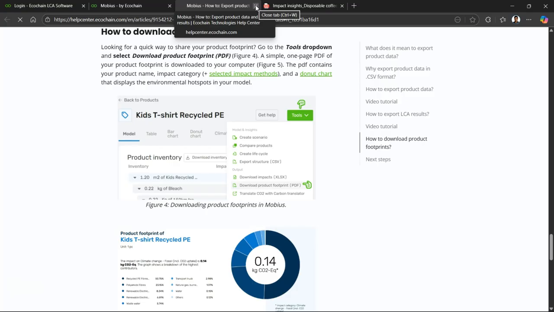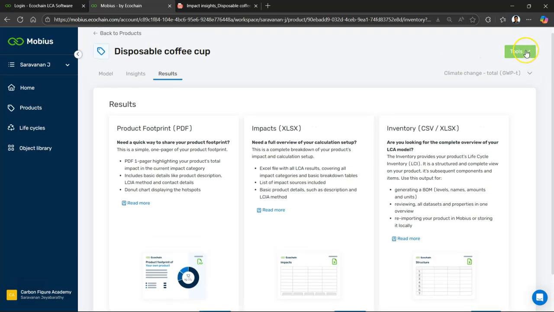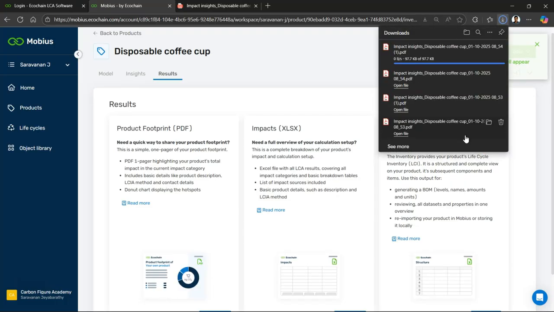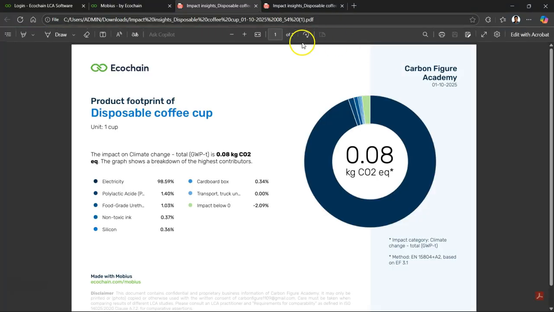Yeah, but oh, okay. Here it is. Yeah, the top right corner, you see the tools. Here you see translate, download PDF. Let us click here. I think the same is coming up again. Yeah, but once I really downloaded a full-fledged PCF report,